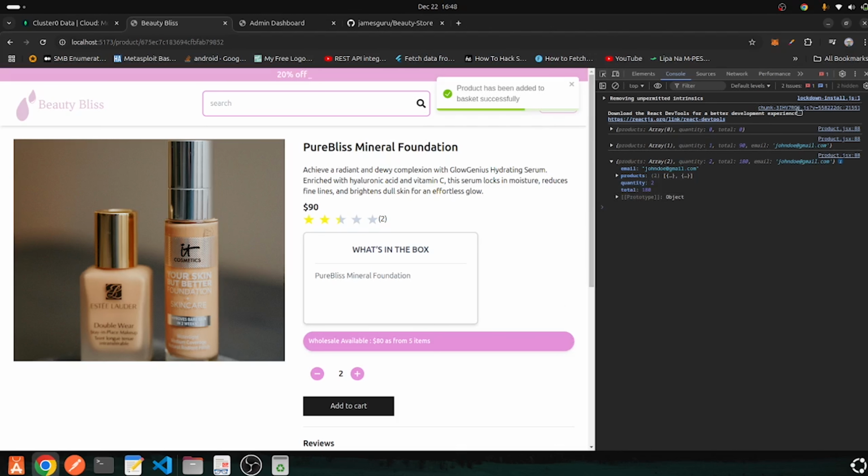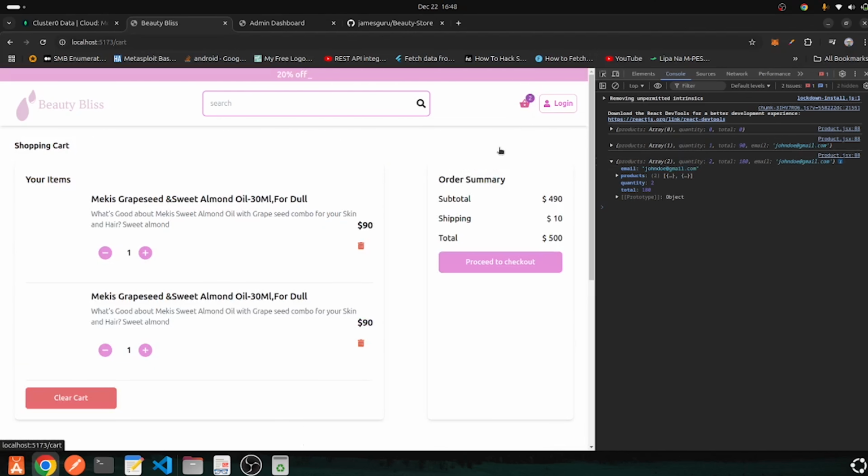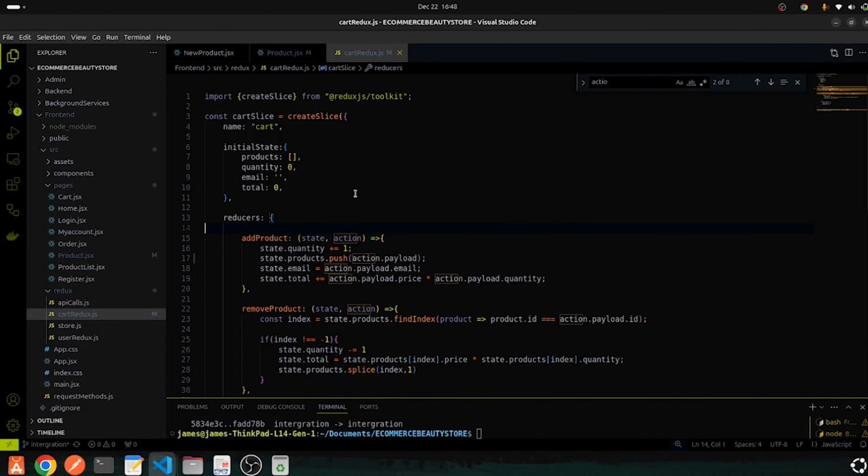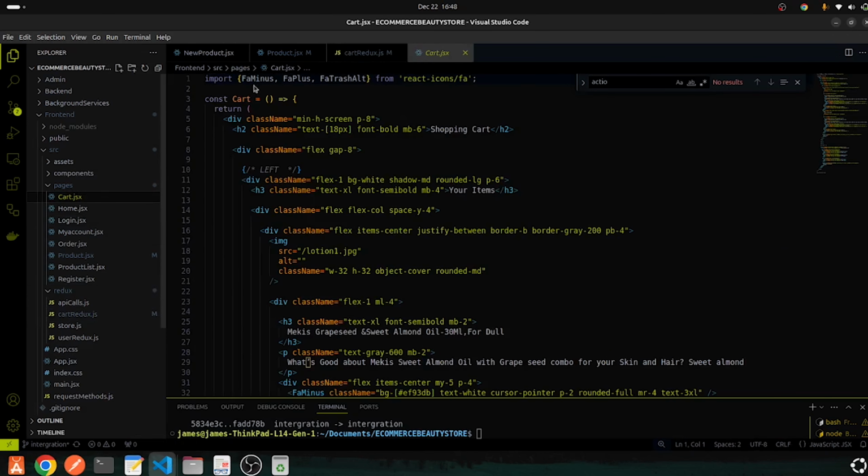And now the other thing that I want to do is that I want us to make sure that we display that information in this cart here. So I'm going to show that information here. So what we can do is that we can just go to the cart here. So actually it is under this page here. And remember already